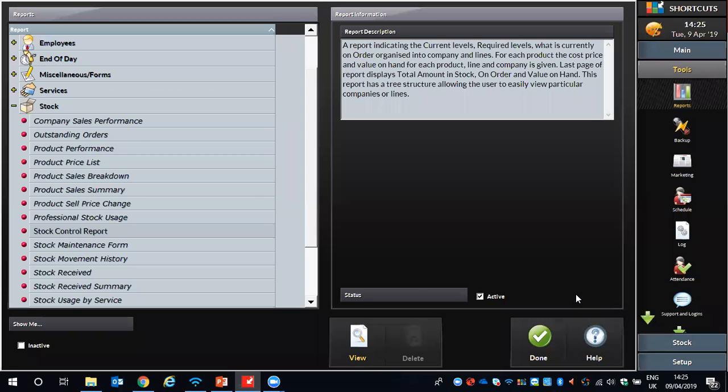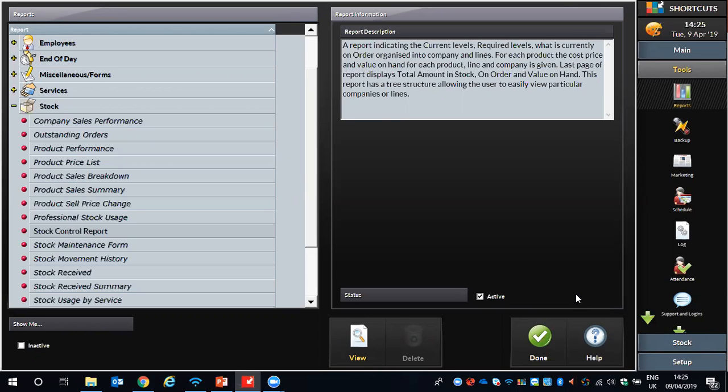Okay, so just a couple of reports we can look at. We will know what it's like in a salon. Occasionally we do give discounts. Maybe it's for a new client, maybe it's for reworking, maybe it's for a friend's discount, something like that. Now, if you've already set up your discount reasons within shortcuts in the configuration and setup, you may have already set it up that it can only be used on specific days. And you may wish to look at and see whether these discounts are being used correctly or incorrectly by your